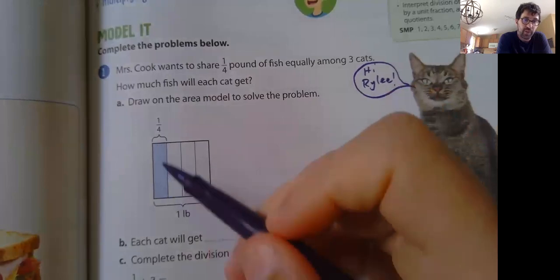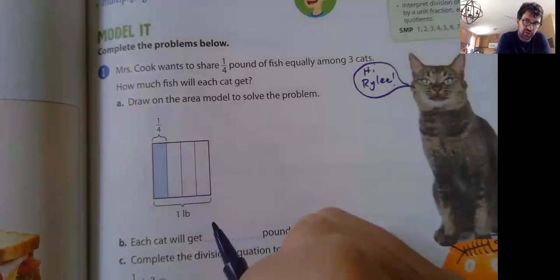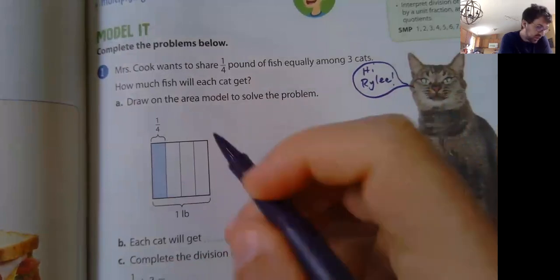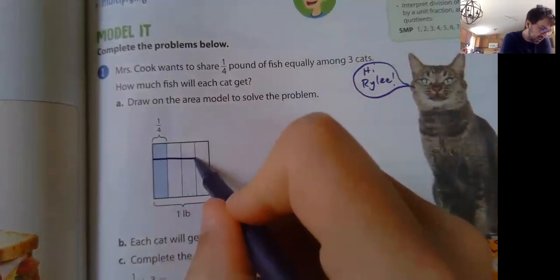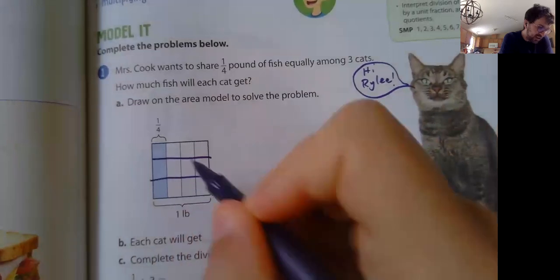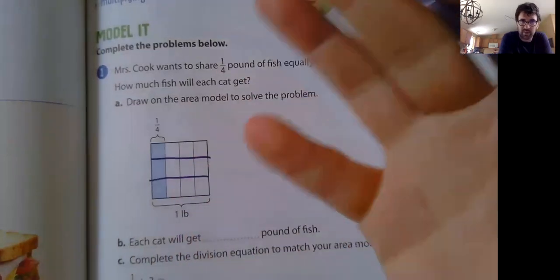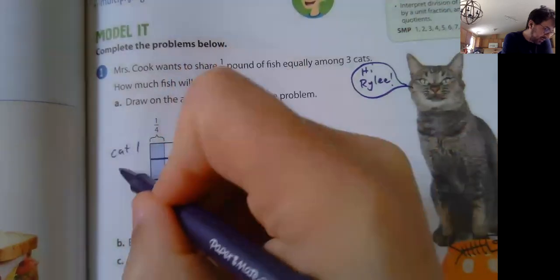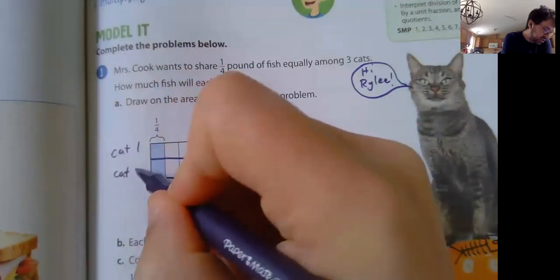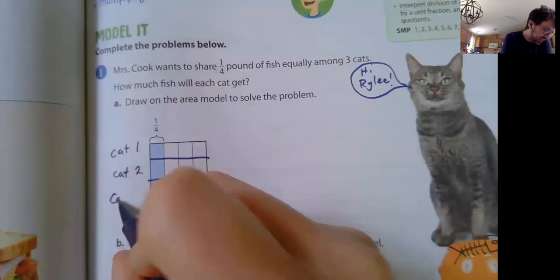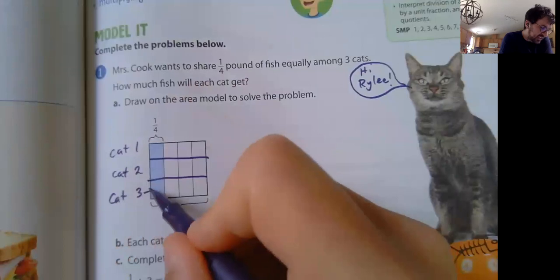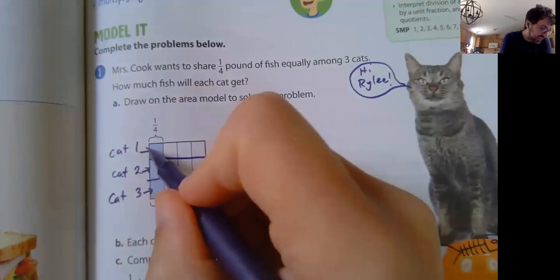I have 1/4 of a pound here. I'm going to share amongst 3 cats. So if I divide this, I'm just going to divide it into 3 groups. So the idea is it's going to be, now they're not equal. They should be equal. I'm drawing it, you know, just like you. So this would be cat 1, cat 2 and cat 3. So this cat gets this amount, this cat gets this amount, this cat gets this amount,